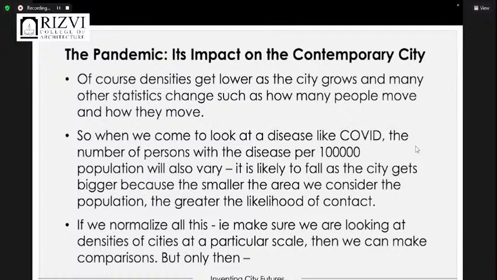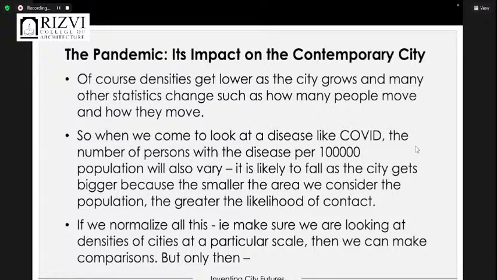As cities have grown from their original seeds to their sizes now, this is classic in terms of London, Mumbai and so on, the technologies begin to change, and many things change, particularly how people move. So in other words, the pandemic is a disease that